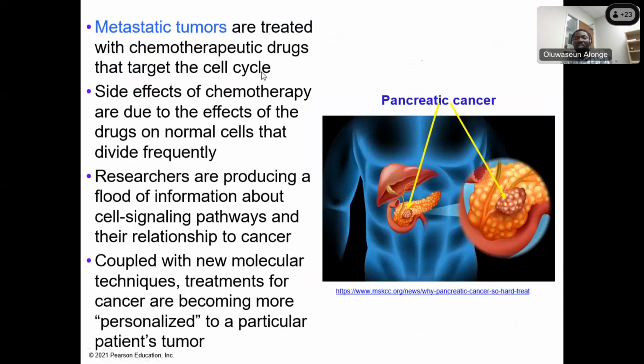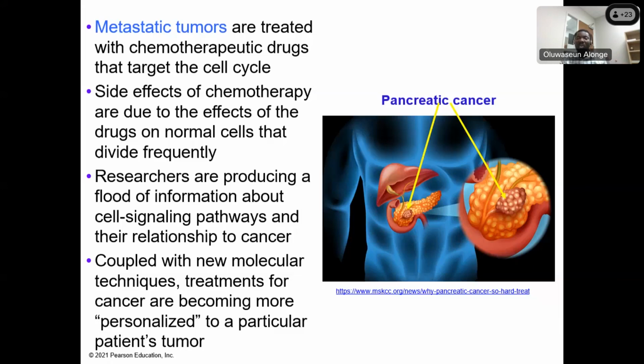Lastly, metastatic tumors are treated with chemotherapy, therapeutic drugs that target the cell cycle. So you see, target the cell cycle so as to hinder the replication that has been uncontrolled. It's just like a vehicle that lost its brake. The vehicle's brake got bad, and then it's going to lose control and keep moving. So what you want to do to that vehicle is to find anything to stop it. So that's what chemotherapy